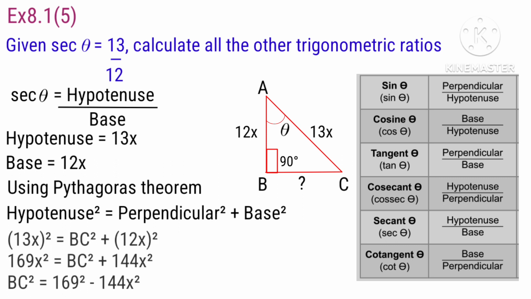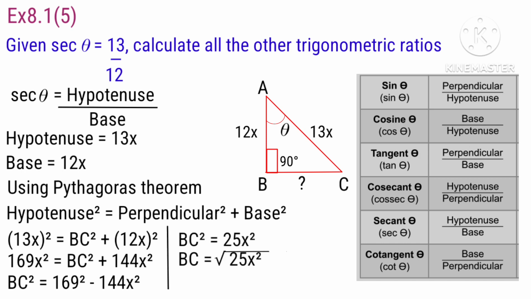So here hypotenuse square is 13x whole square, and perpendicular, just write it as BC to the power of whole square. Next, base square is equal to 12x to the power of whole square. So when we multiply it, we'll get 13x square is equal to 169x square, then 12x square is equal to 144x square. So BC square is equal to 169x square minus 144x square,